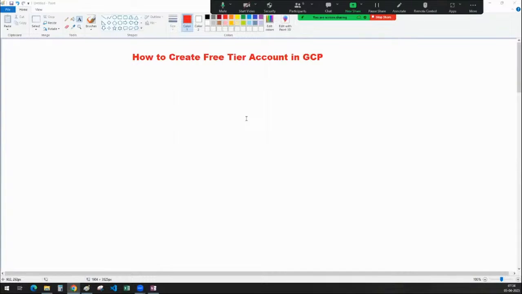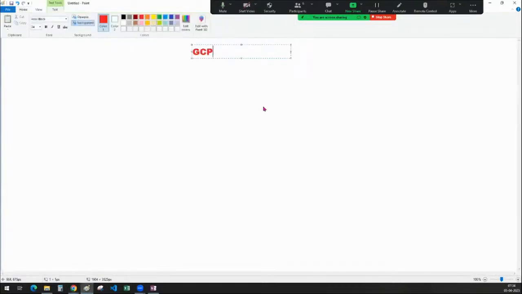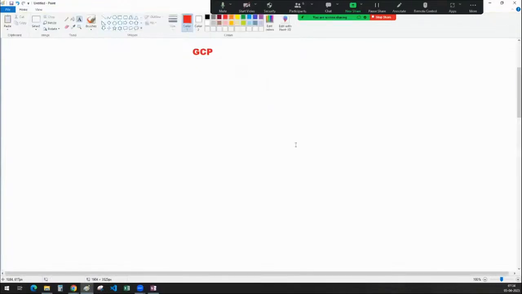First, let us understand what the Google Cloud Platform is, guys. So, what is GCP? Nowadays cloud platforms have become very famous because they are mainly responsible for cloud computing.